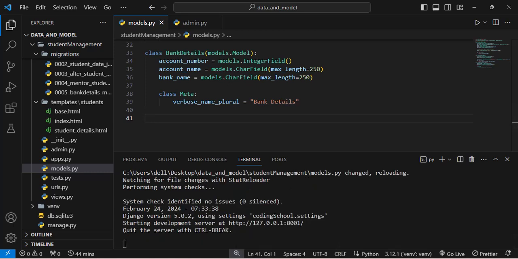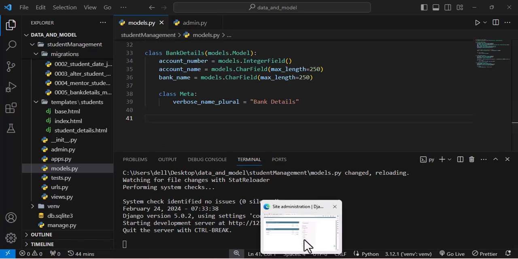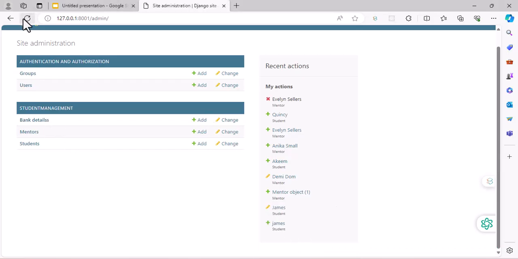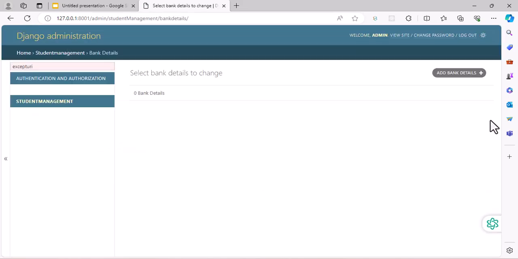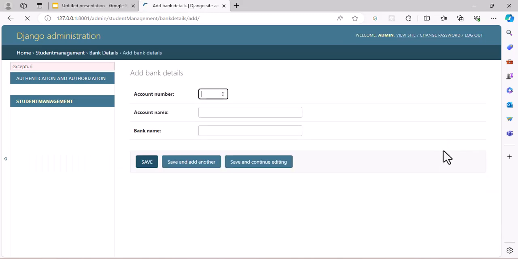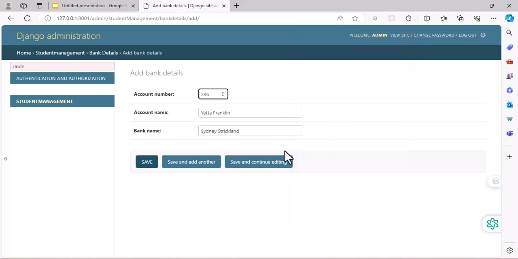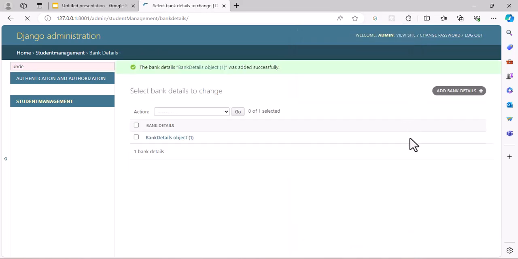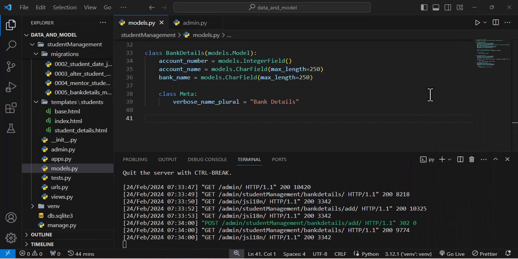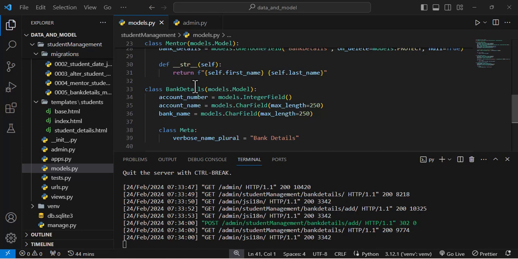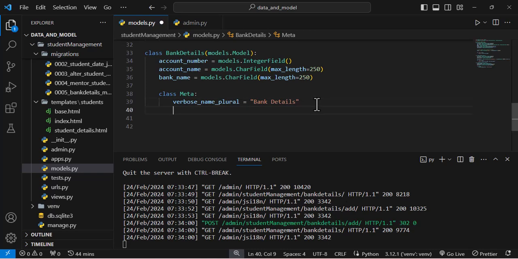So then go back and test our application. Now if I refresh, see that the plural now is bank details. Click on it. I don't have any bank details. I will go ahead to add the bank details, fake filler. I save, and now you see that the bank details is not properly written. So I'll just come in here. I'll just use the same thing. Let's make life easier for ourselves,